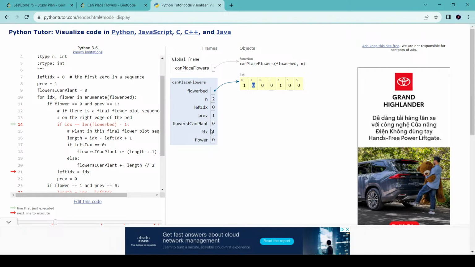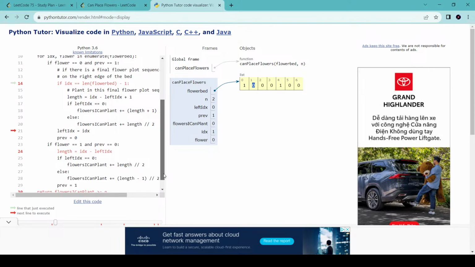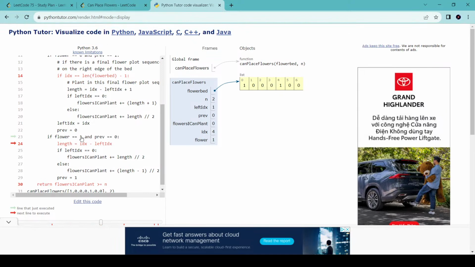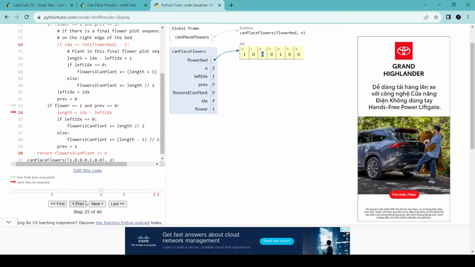We're here. Alright, IDX is 1. So left IDX is now 1. And then prev equals 0. That's correct. Okay, the next time we stop, IDX is 4: 0, 1, 2, 3, 4. This is again correct. Let's see if we can correctly deduce that there is a flower that can be planted here. So length equals IDX minus left IDX. That means length is 3. If left IDX is 0, and it's not, then we do it by this. Otherwise,